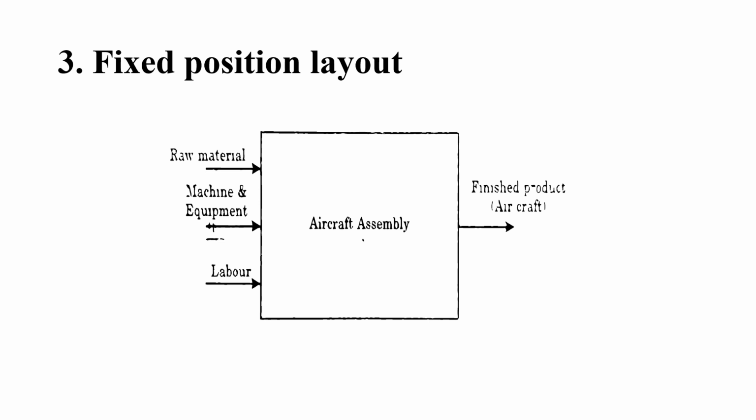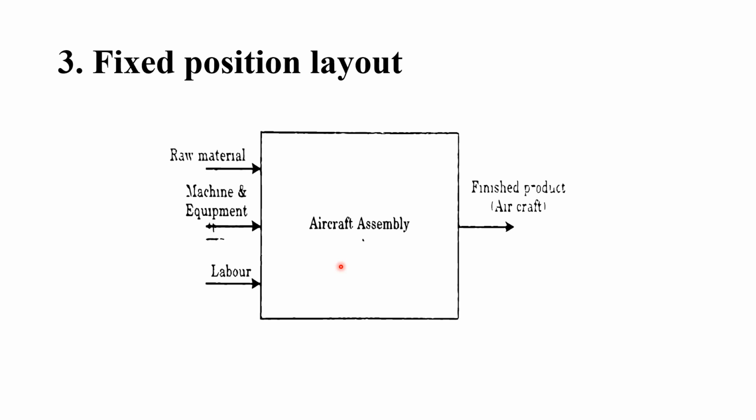Here the word "fixed position layout" says more things. See, in the fixed position layout, there will be movement of men and machines, but the product remains constant. I will take the example of ships. If we are going to manufacture a ship, then moving the ship from one place to another